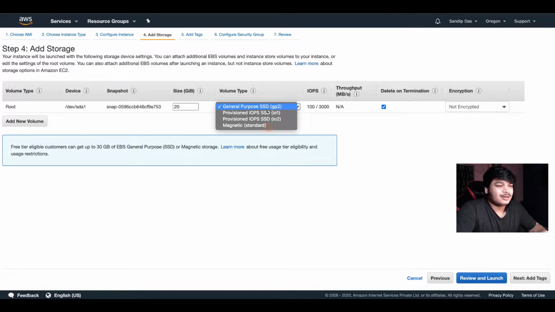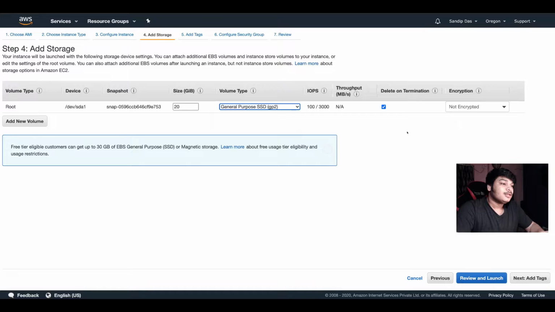Normally you don't need provisioned IOPS, IO1, IO2 or magnetic. If it's something like data storage and you don't use it much, go for the magnetic. If it's a web application, a normal application, go for the GP, that is general purpose SSD. If it requires a high number, like a database, where your input, your writing and reading, all this is happening very fast, then for those occasions, go for IO2 or IO1. This is again based on your application need. You should not decide based on whim, but actual need.